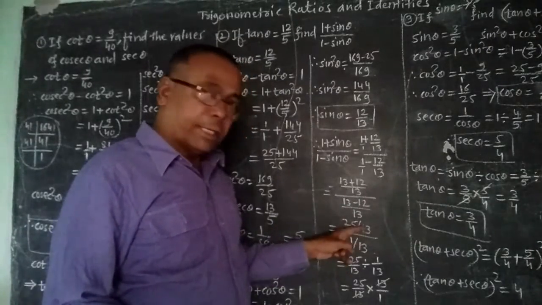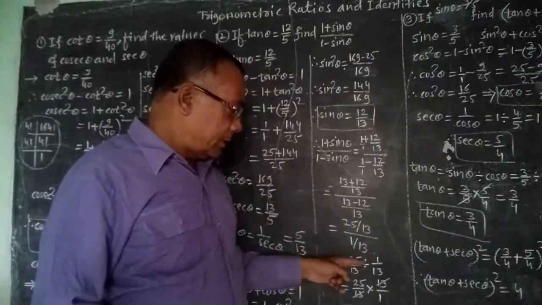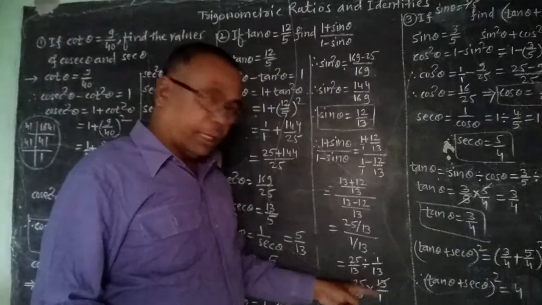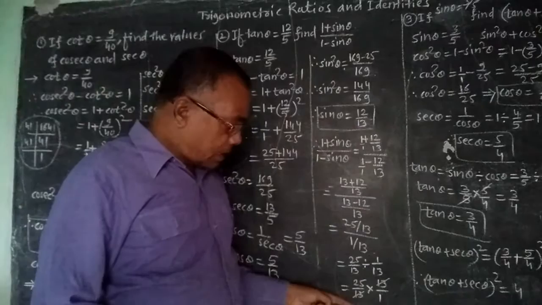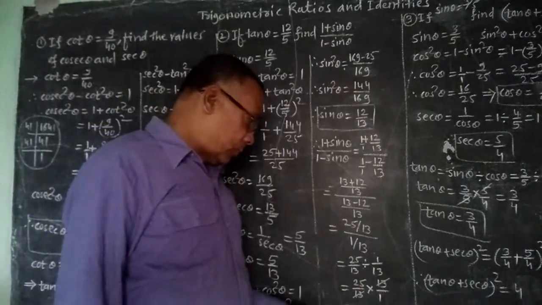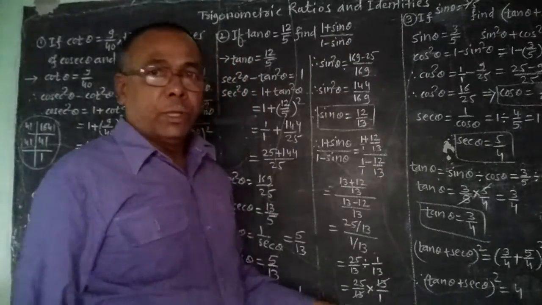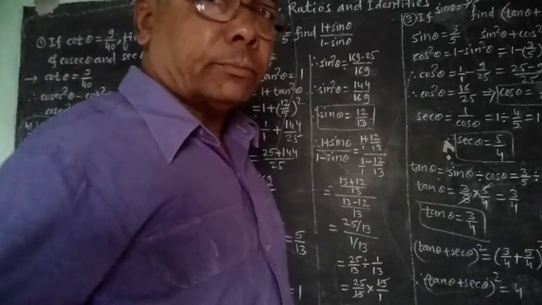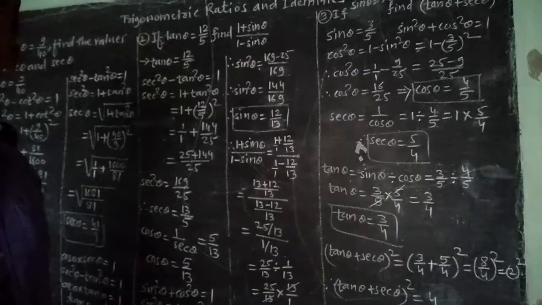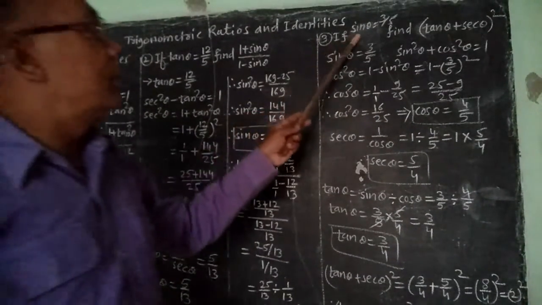Here 13 will get cancelled. We will get 25 upon 13 divided by 1 upon 13, means 25 upon 13 into 13 upon 1. 13 will get cancelled. We will get the value 25. In this way we have (1 plus sin theta) upon (1 minus sin theta) is equal to 25, and that was our second example. Now in the third example, it is given that if sin theta is equal to 3